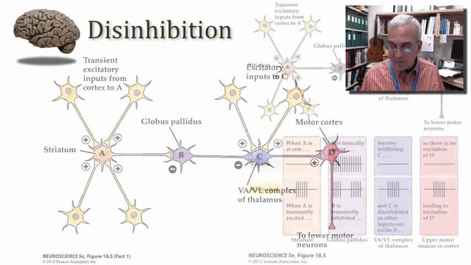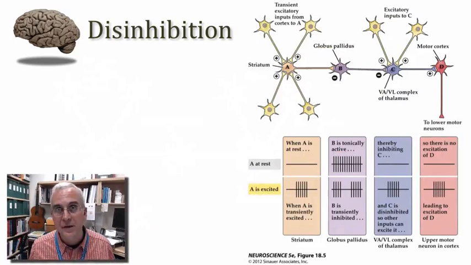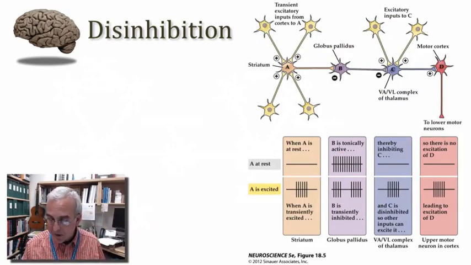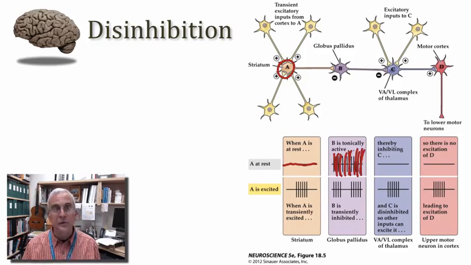So let's look at this now with a little bit of schematic physiology there to guide our understanding. So imagine now that neuron A in the striatum is at rest. So there's not a particular plan to move, a desire to move, an urge to move. The motor cortex is essentially at rest. So the relevant part of the striatum is going to be silent. Well, for reasons that I haven't mentioned yet, the activity of the internal segment of the globus pallidus is quite high. So there is tonic activity being generated here